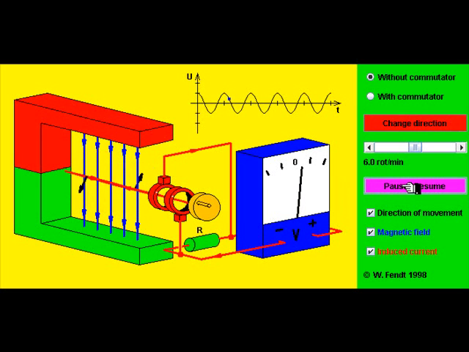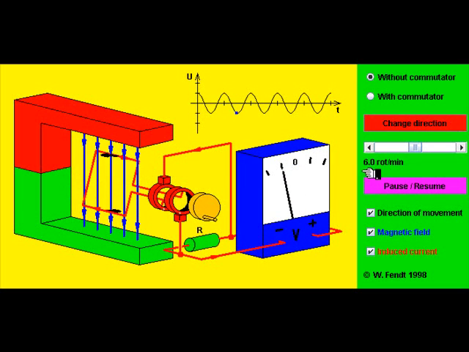So what we see here is a generation of a current, and because we don't have a commutator, what we have is two brushes. The two brushes pick up the current during part of this rotation. The current goes in one direction, and during the second half of the rotation the current switches direction, and this occurs twice every rotation, and it gives us a frequency of oscillation. They call this oscillating current, or they call it alternating current, because the direction of the current alternates once every half cycle. And of course the electricity that we commonly use in North America is 60 cycle or 60 hertz,